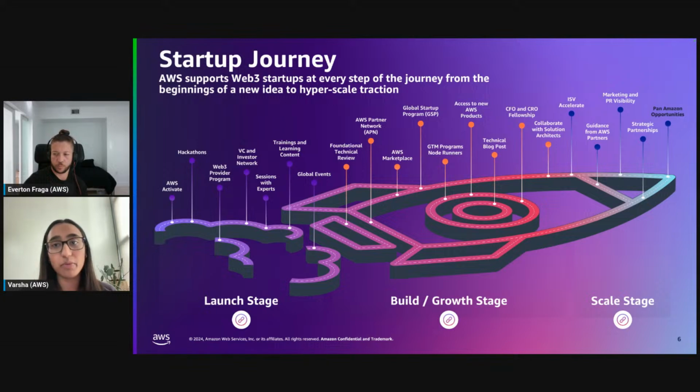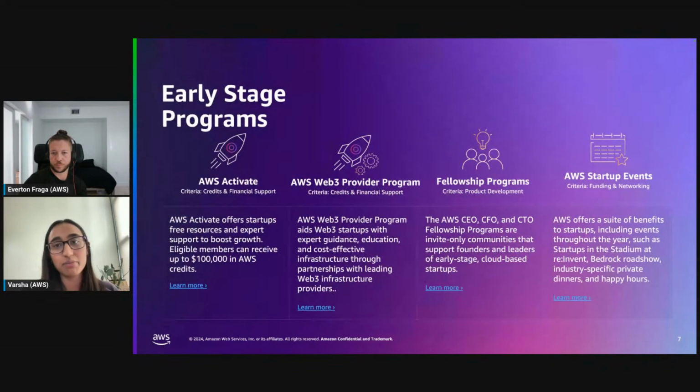A lot of the AWS experts that you will be coming into contact with were themselves very much involved with startups, often founders and CEOs, and we all have a very big passion when it comes to startups. Since we know what it's like to be in your shoes, we can use our expertise to help scale your startup from start to end. So with that, we'll dive into each segment of the startup journey, starting with the early stage programs.